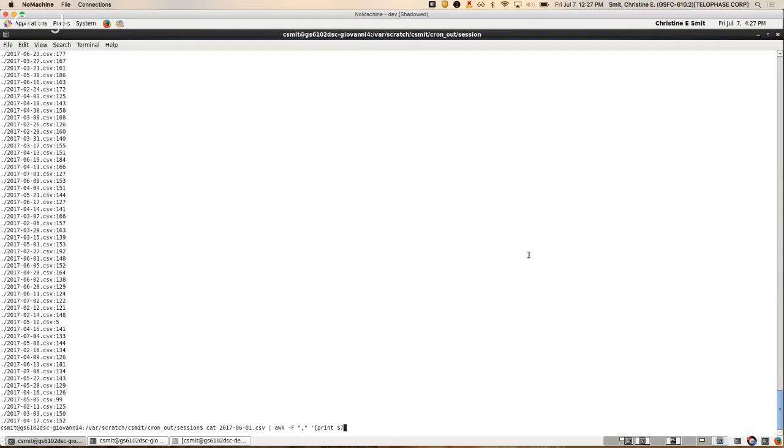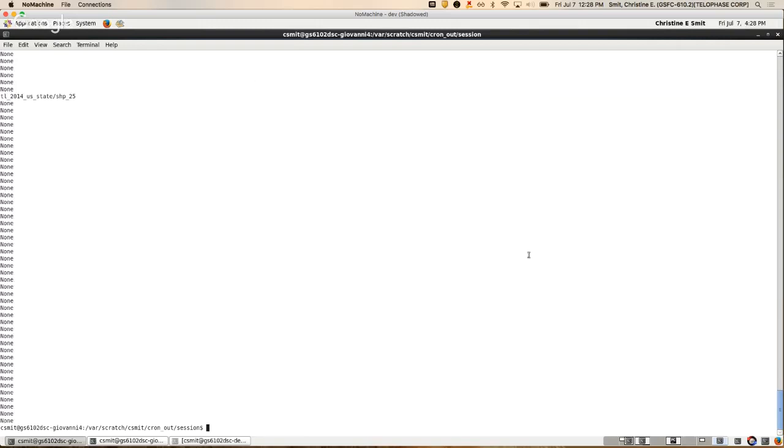So 7 is the 7th column. And let's see how that goes. All right. So this gets out the 7th column of the data, which, as you can see, is not terribly interesting for a lot of them.